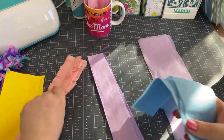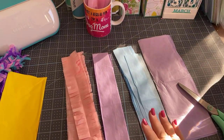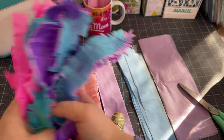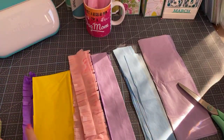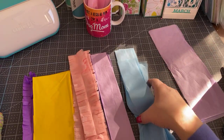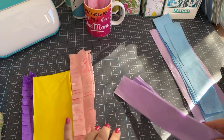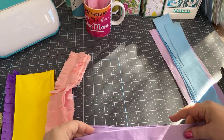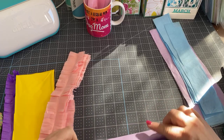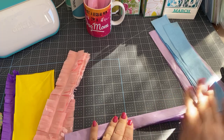I've got some pink, some blue, and some lavender, and then also over here I have pink, a little brighter pink, blue, and lavender. Okay, so once you have all of these strips, you're going to take a bunch of them. Now, maybe you might not be able to do all of them at a time. You decide what's easy for you, but we're going to fold them in half again,